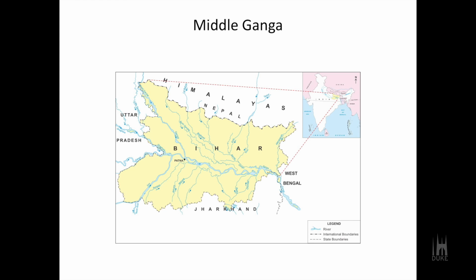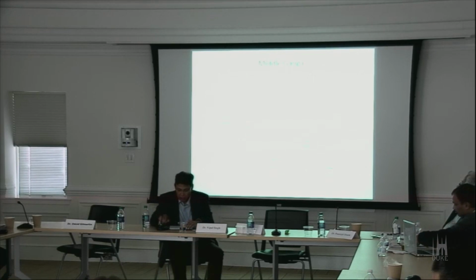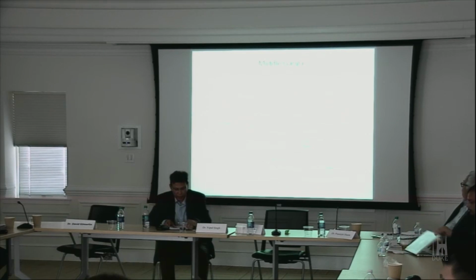So all these blue lines which are coming from the Himalayas are all meeting the Ganga here. This is the Ganga coming here. All these rivers coming from the Himalayas are actually meeting the Ganga here. And there are many coming from the Deccan Plateau also. So they all meet the Ganga. Here the flow of the water is more spread out due to the congregation of different rivers from both north and south.